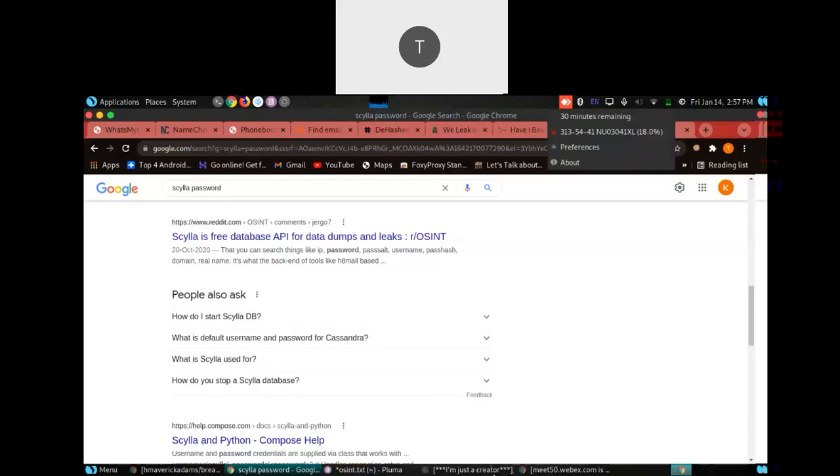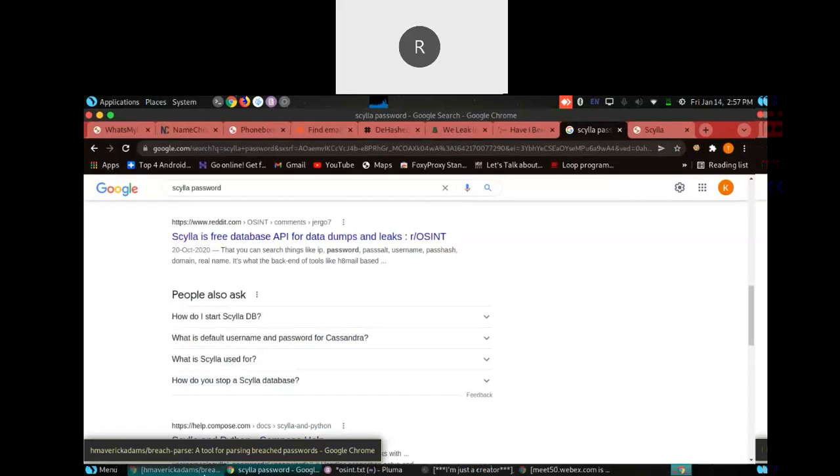If you are researching about those passwords, and you got the database, and the password is in encrypted form, this is what you are saying. Okay. So if it is encrypted, you can try to decrypt it.